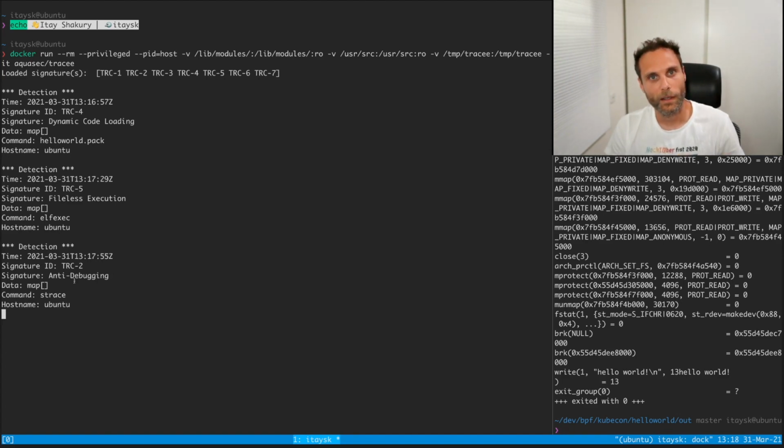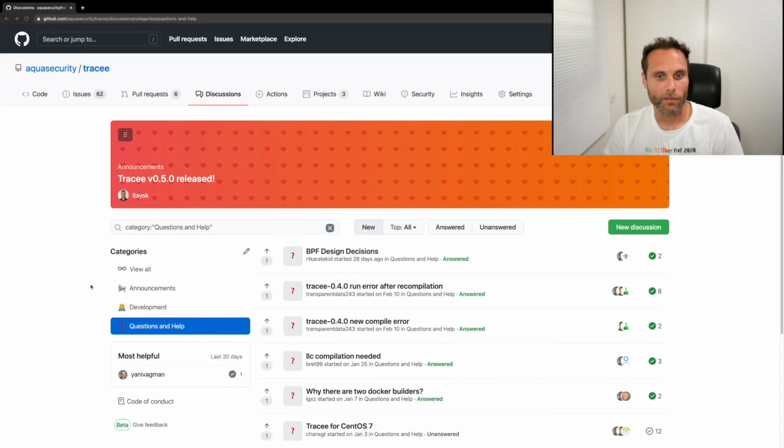We have a large library of rules that we already detect, and many more to come. You can also write your own rules. Actually, our rule engine allows you to write rules using Golang or Rego, which is a popular language in the cloud native space. All of the rules that we have written are open source, and in fact Tracee is open